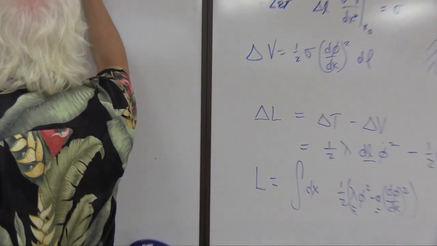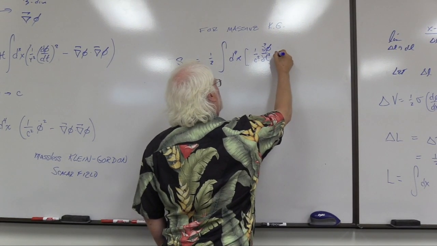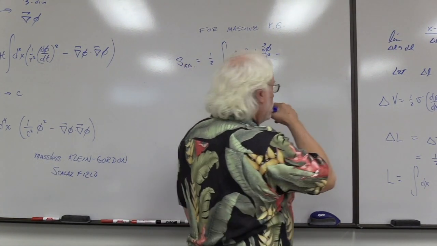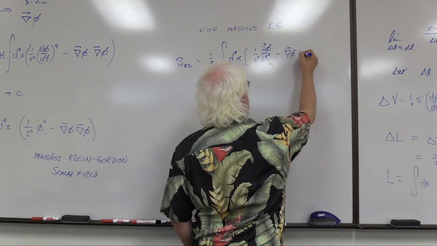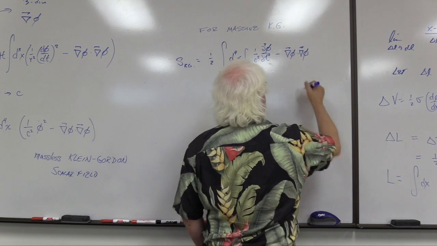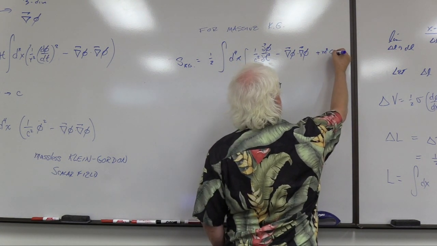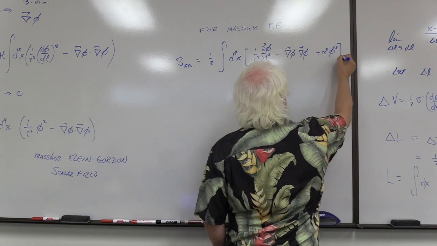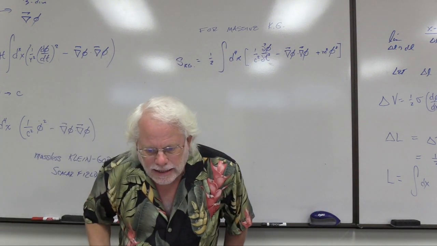Same here when we have four variables. So this grad phi dot grad phi, and the term we add to get mass is mass squared times phi squared. So that term will give the Klein-Gordon equation, and